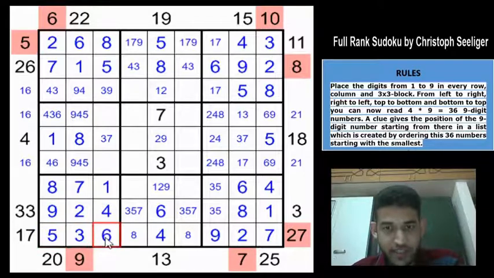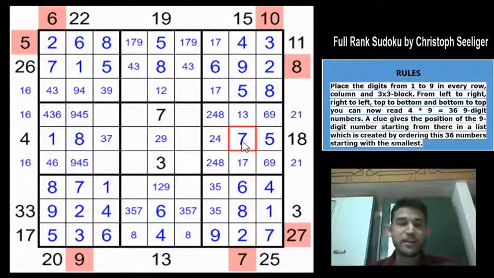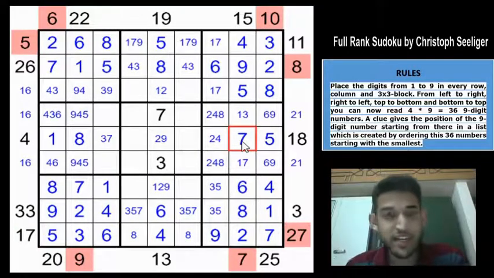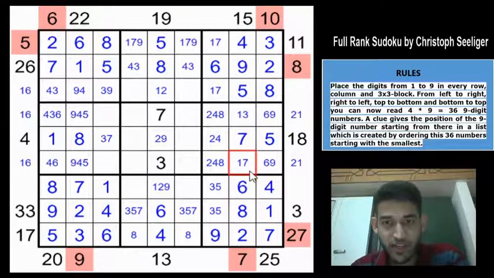Because you have a 5, 3, 6 here, which means that if this 18 is going to have a 3 here, it is going to be lesser than the 17 clue because 5, 3 and the next cell digit will be 2 or 4, which means that the 9-digit number will be lesser than the 17 clue. So which means this cannot be a 3, this would have to be a 7. I hope you appreciate how difficult the deductions are and they are very narrow and difficult to see. So this 7 gives a very razor sharp deduction in fact.